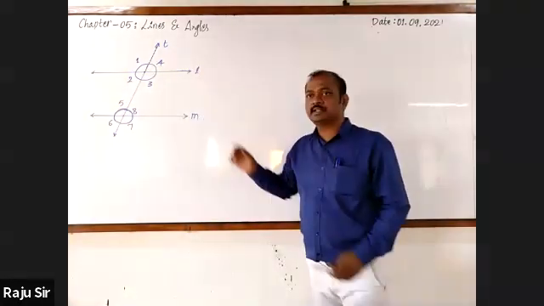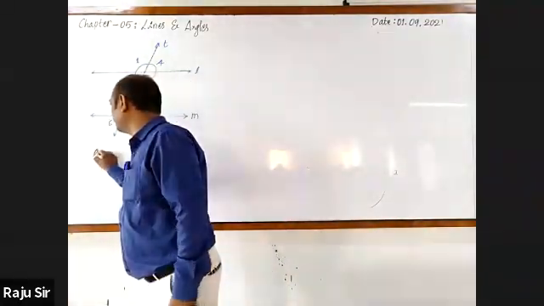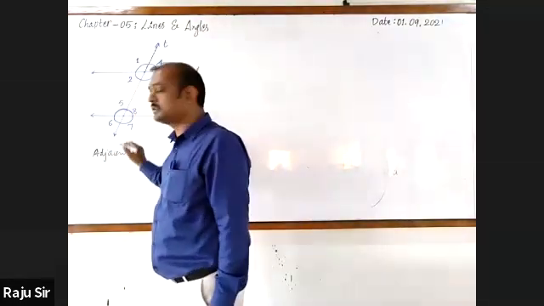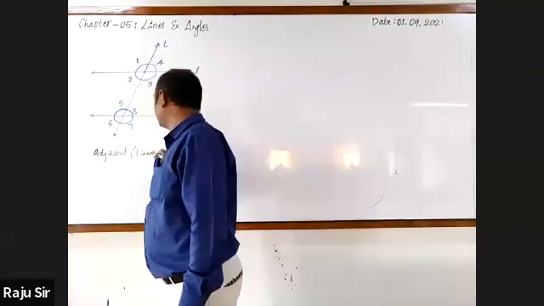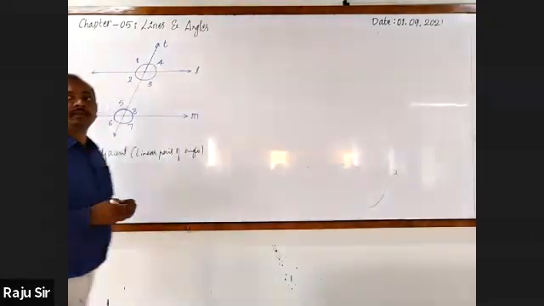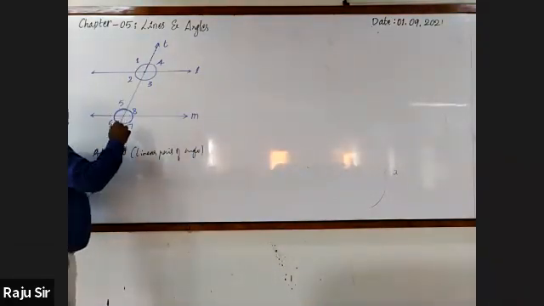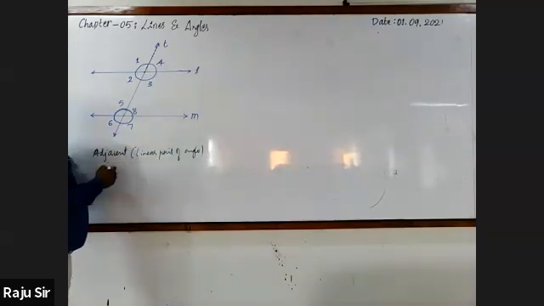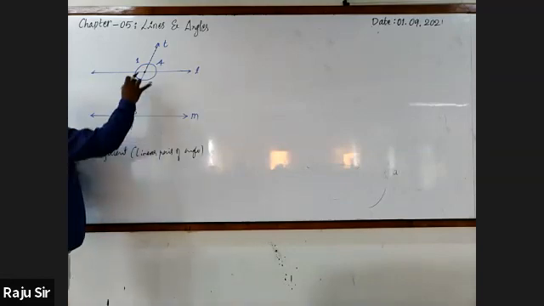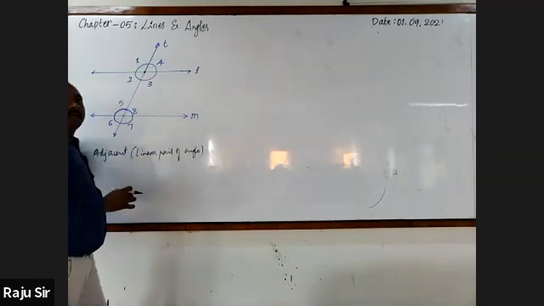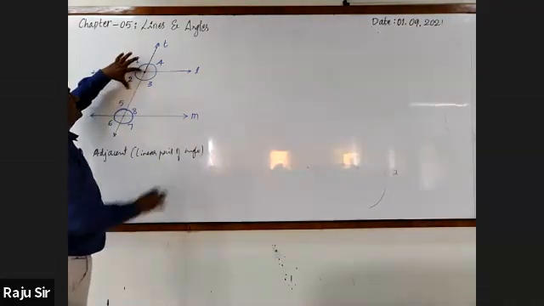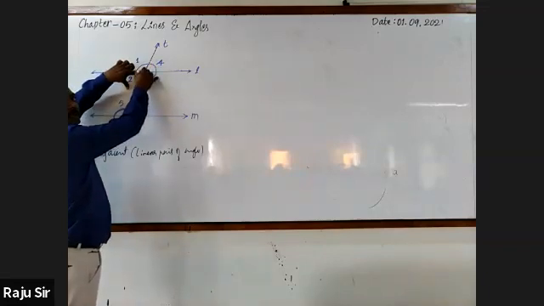Adjacent angles are formed, and in this case we have considered these adjacent angles as linear pair of angles. Next, observe it. Here, how many points are there? 2 points. Here is 1 and here is 1. And around each point, how many angles are formed? 4 angles. As 4 angles are formed, this will be the common vertex.